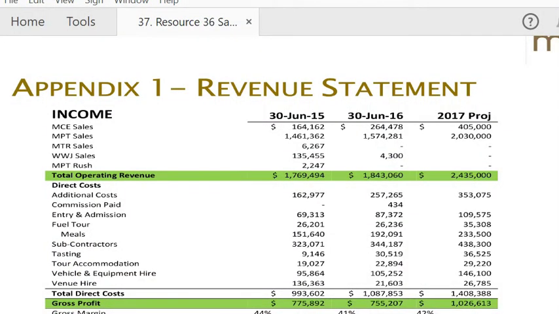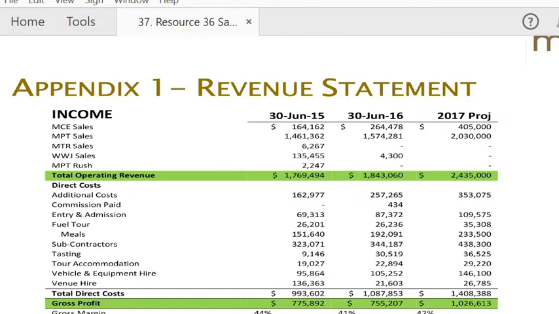Now, this revenue statement was created by Alan, our business broker, and it was created from our profit and loss statement. It's labeled Appendix 1 because you're going to find it at the back in the appendix section of the information memorandum that we created when we took our business to market. But we're going to go through this in really great detail in a later module. But anyway, let's take a look at some of the features here.